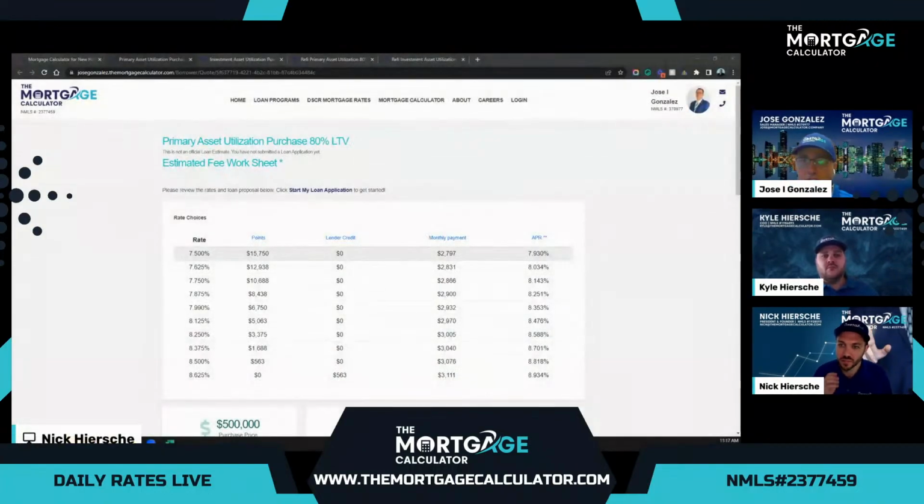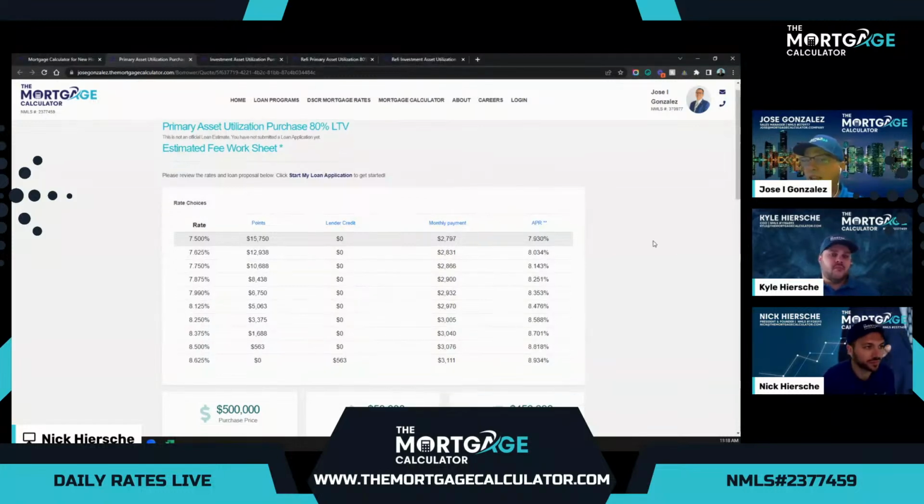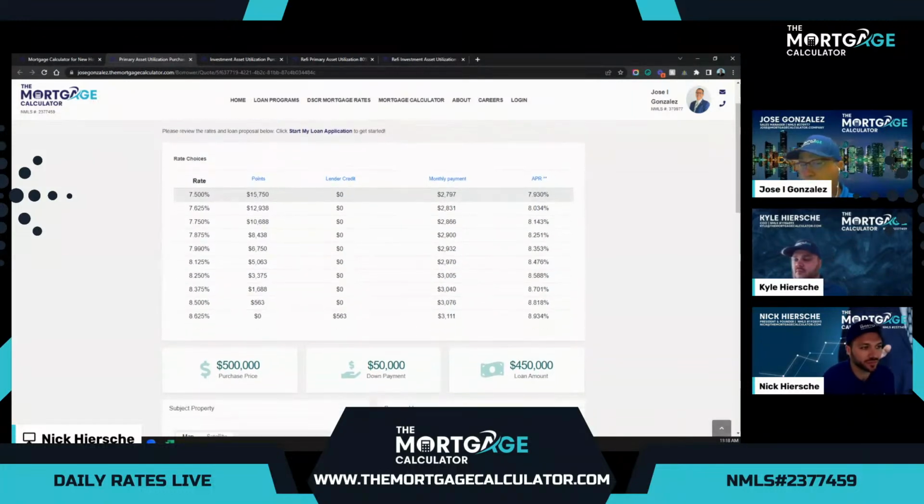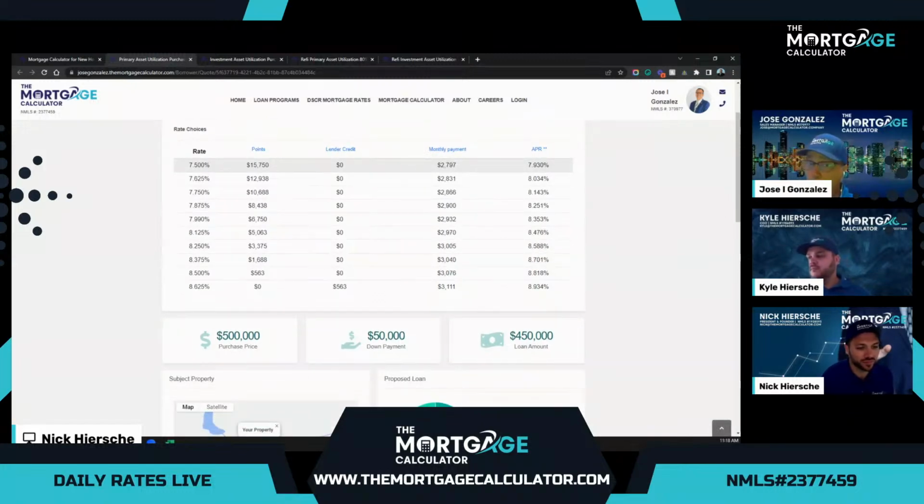So, Nick, if you could, here we go. So now we're talking about a primary purchase, 80% loan to value, again using the assets. Note that we have pretty good rates here considering this is basically a primary purchase that is not verifying any employment, right? No job. Now there is income, but the income is being derived via the formula where we're using their assets and dividing by a constant, right? So here we have